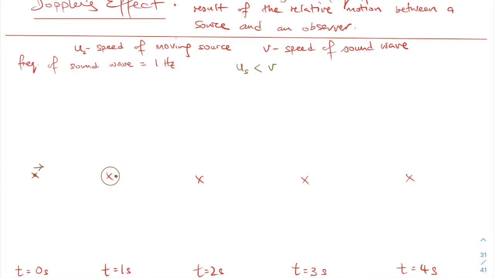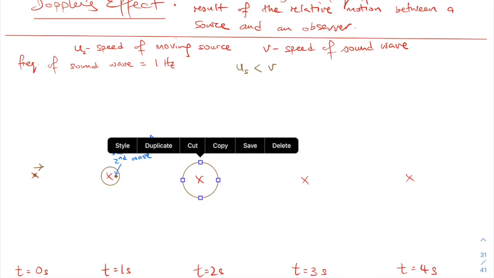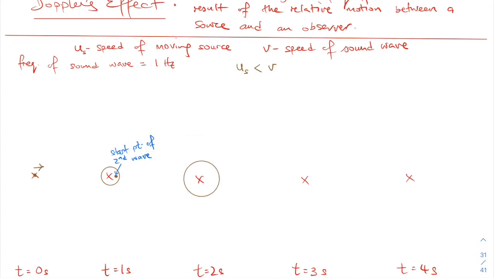So this position of the moving source will be the starting position for the second wavefront. So the start point of the second wavefront. So at time t equals 2 seconds, the first wavefront that was given off at time t equals 0 would have expanded, and at the same time the second wavefront that started off at time t equals 1 second would have increased, and its center is here. It will have moved off from its center that is denoted by this position,